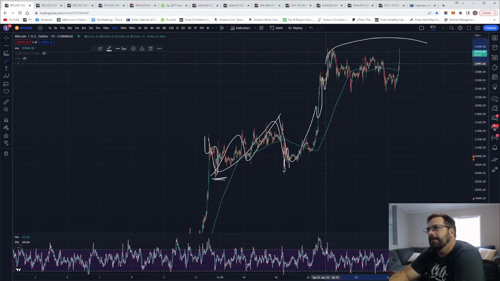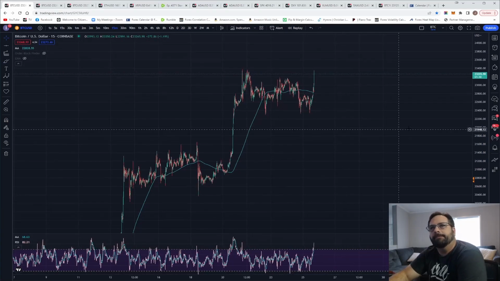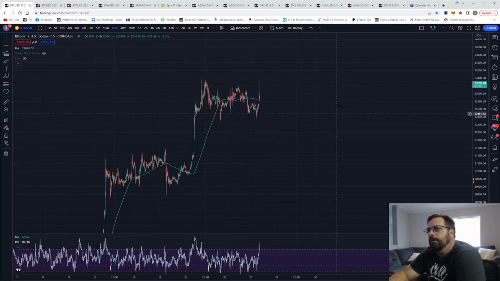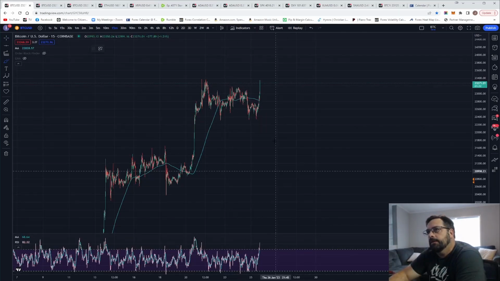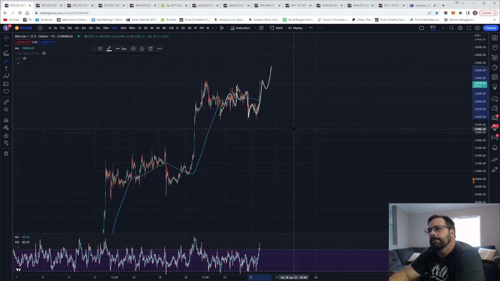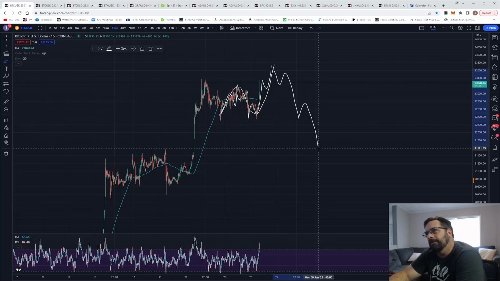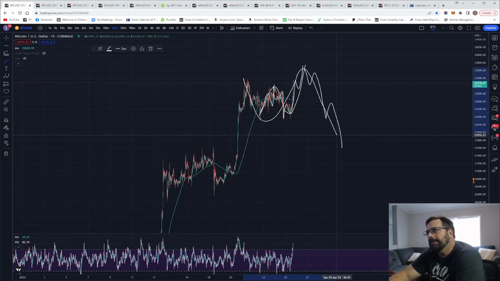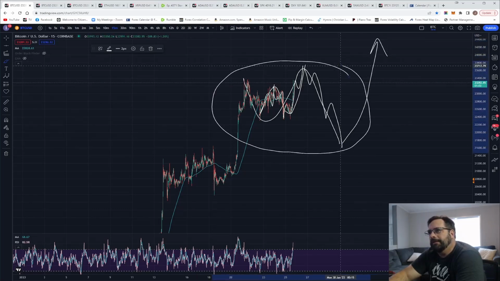So what's happening here? Same sort of thing, except it could be a larger structure. Okay, it could be a larger wave structure that's saying, hey, we're possibly getting ready to go up. Okay, you'll notice we've got 3 up, 3 down. Now we could be getting 5 up, and that in and of itself is a flat. Okay, and if that's a flat, then we'd be looking for 5 down. The market corrects, and then it's ready for the next move. This is what you need to learn to recognize in